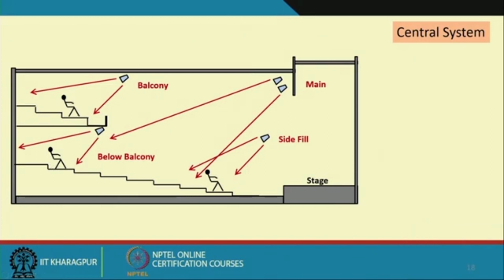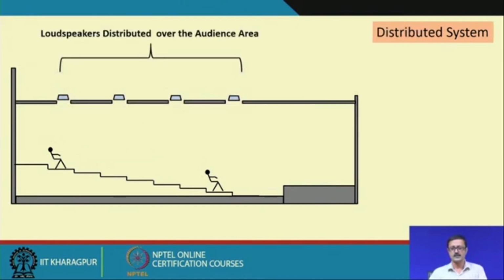So, in a nutshell, we have two layers: one is the side fill and the main layer for the front and mid zone of the people, and the other is for the balcony or the rear part of the people. Next, let us go to the second type of system, which is called the distributed system, where I have